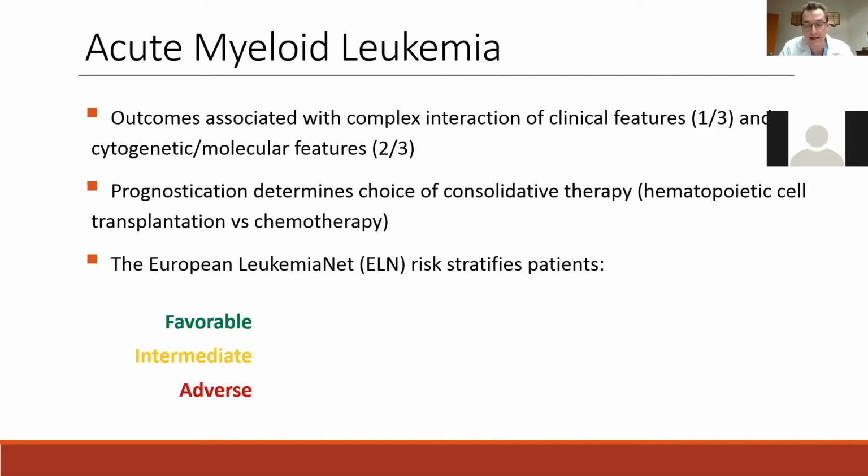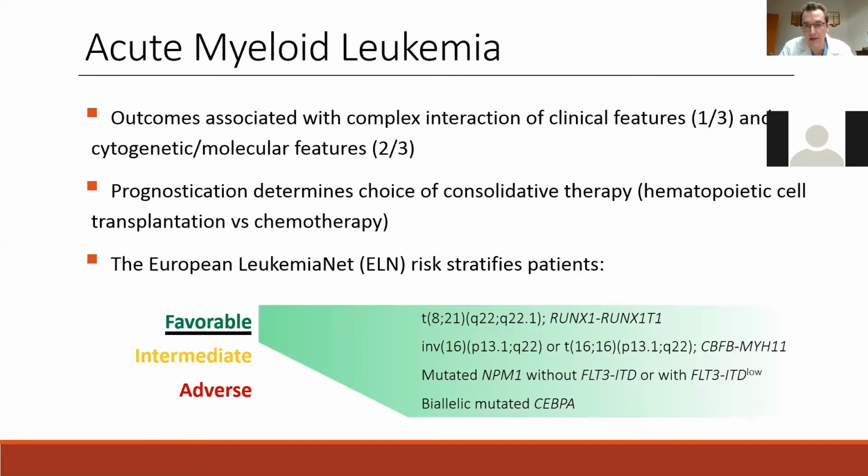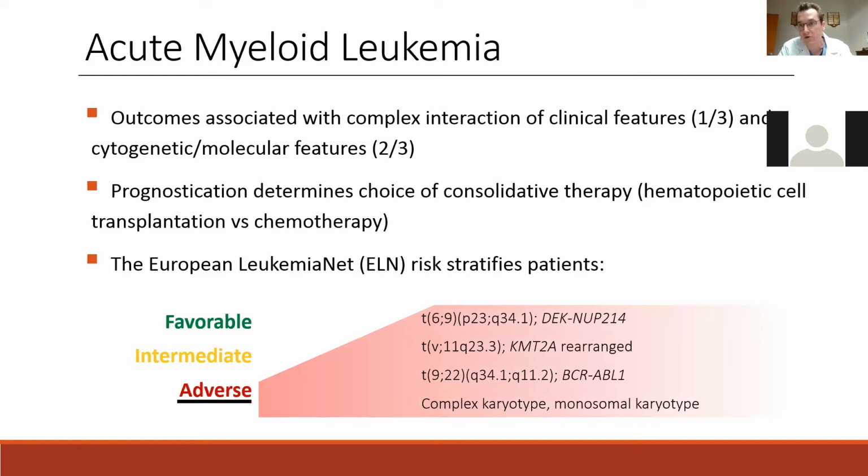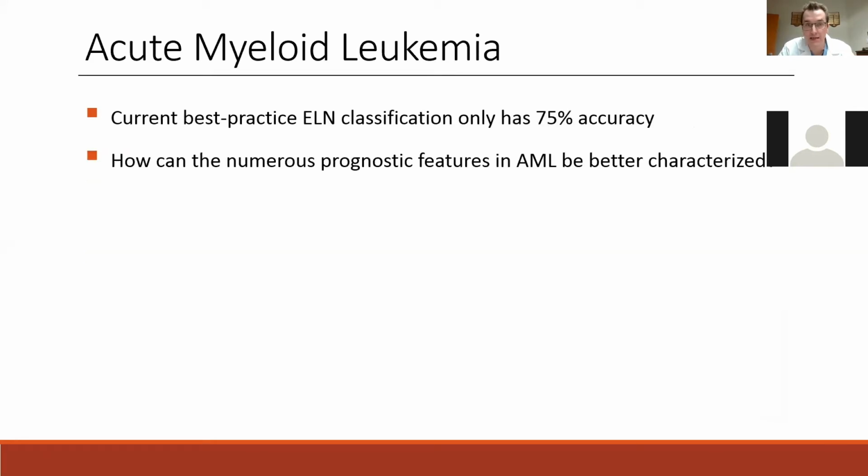by the ELN criteria. I think it's important to understand how these stratify patients. So if you look at favorable, it's looking at certain translocations, some cytogenetic factors like that, a couple mutations, whether or not they have them. Intermediate, very similar. It looks at different cytogenetic features and mutational features, and adverse, the same thing, a different group of cytogenetic and mutational features. And I think it's important to note that each one of these is saying, yes, they have that particular cytogenetic translocation, whatever it is, or yes, they have that particular mutation. So that is what we're currently using in the clinic.